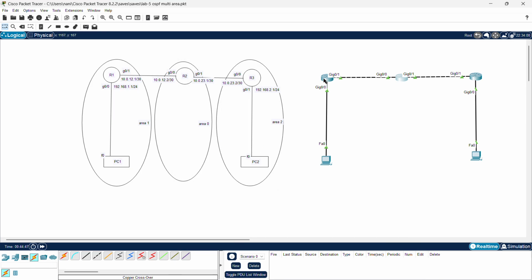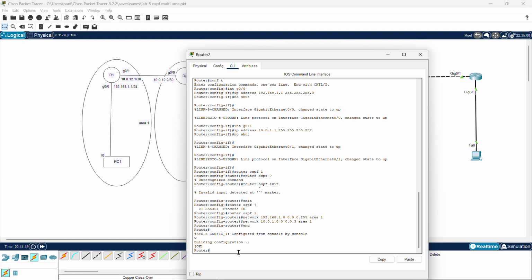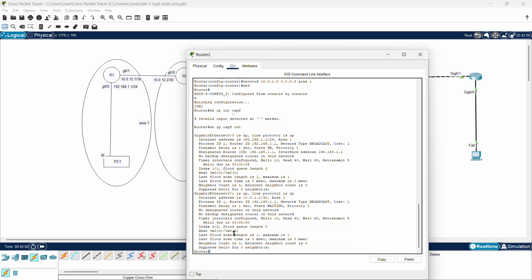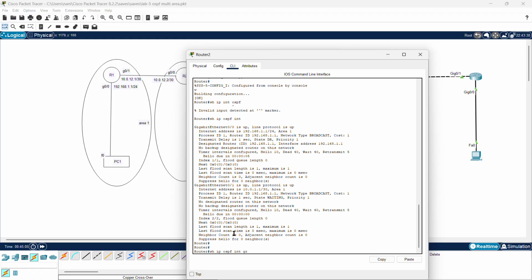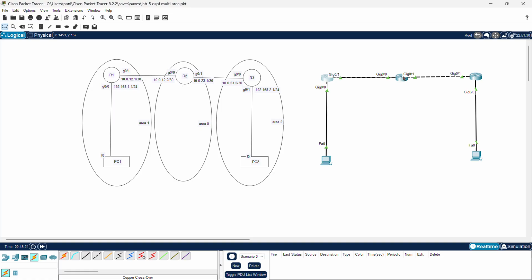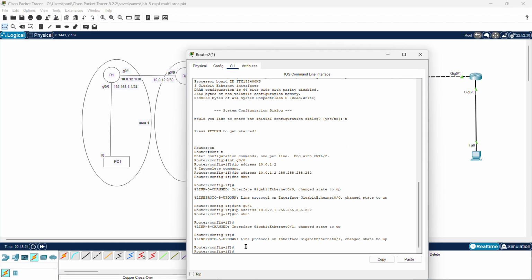First check whether we have got any interface in here. Show IP OSPF, sorry, show IP OSPF interface brief. Here we see we got 1.1 and 1.110 and 192. And let's go here, router 2, configure the router OSPF